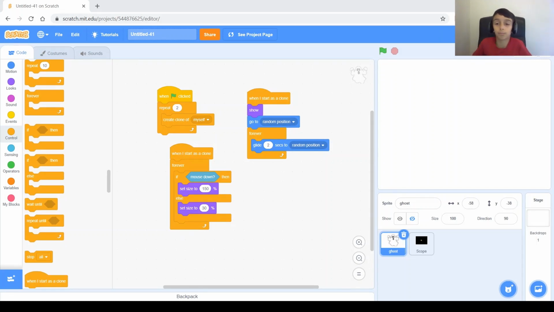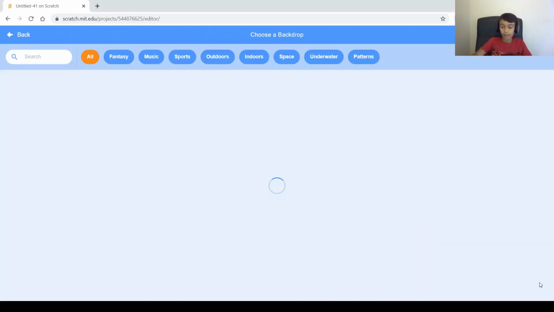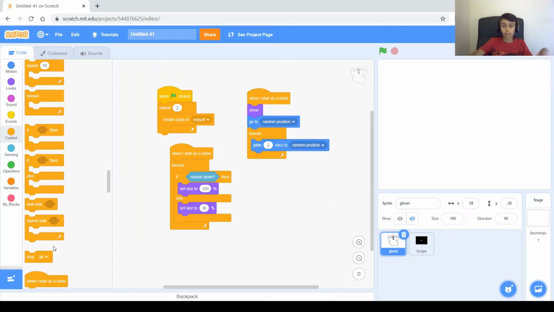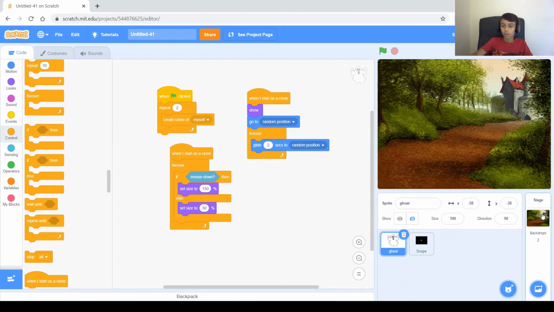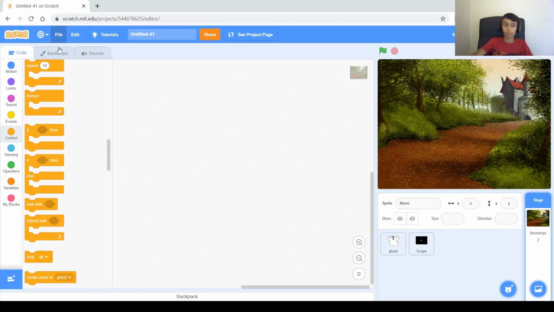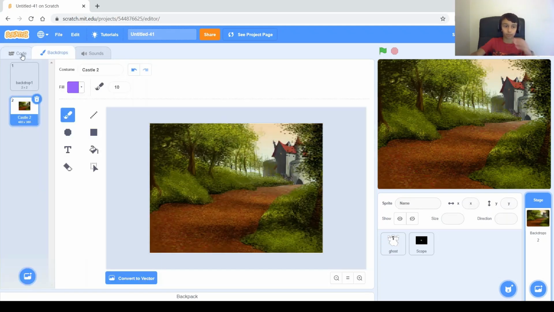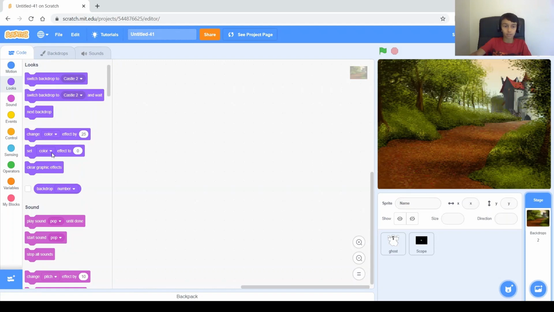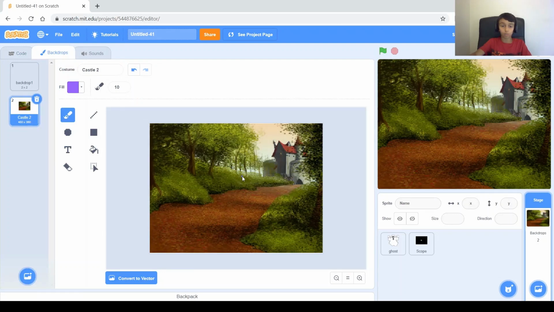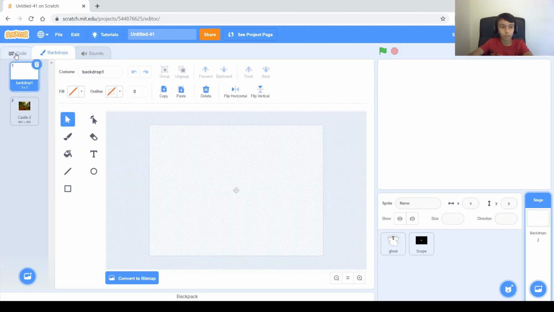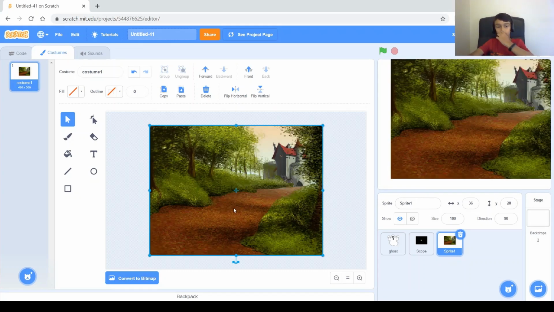Next, I think it's really boring how there is no backdrop and it's just this white screen. So let's go ahead and add a backdrop, alright? And since they're ghosts, let's add this castle background, alright? So next we want to zoom in this background, but that's not possible. You can't zoom in backgrounds because there are no set or change size blocks in the code of the backdrops. So what we're going to do is just make this into a sprite. So copy this picture